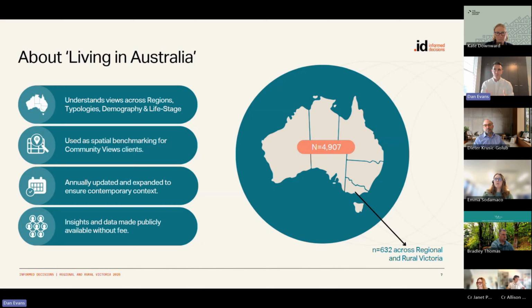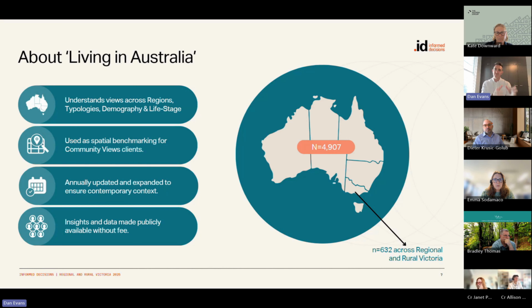Each year, Informed Decisions funds what we call the Living in Australia survey. We go out there, we survey a demographically and spatially representative sample of the community, and we ask them all of our core questions that we present to an individual council. So it principally provides us with a view of what life is like in Australia at a point in time, the ability to drill down to some local areas, but also to monitor change over time,